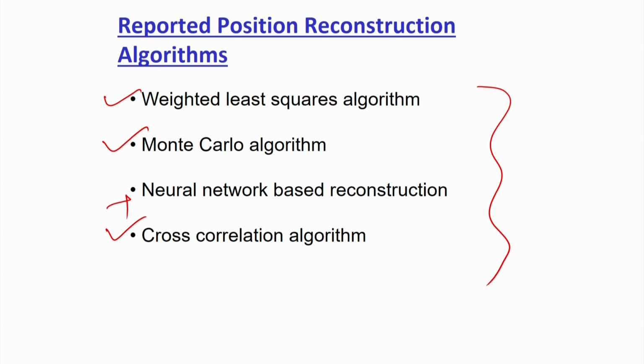You can use the cross correlation algorithm. These two algorithms are very close to each other, and we will discuss what these algorithms are. So, we use these algorithms to calculate the position of the particle. So, now we know that